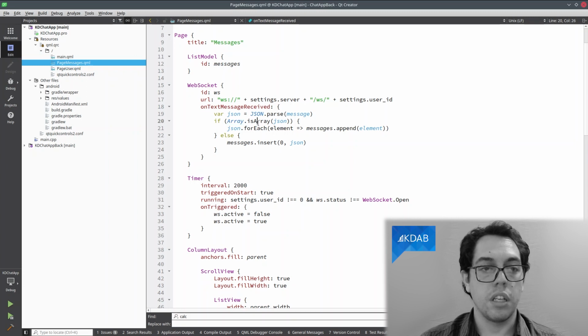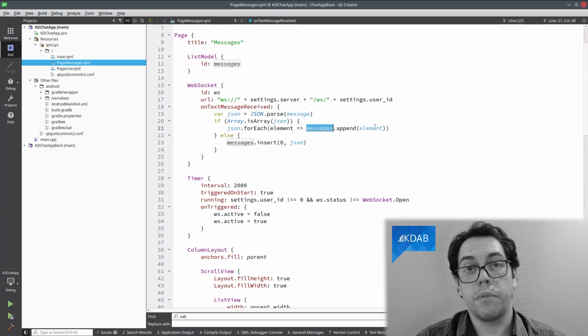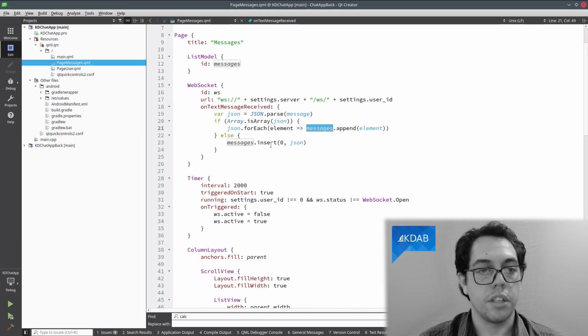And if it's an array, to make sure we can do it properly, we are going to insert on the messages list model. So each element of the JSON array is going to be inserted.